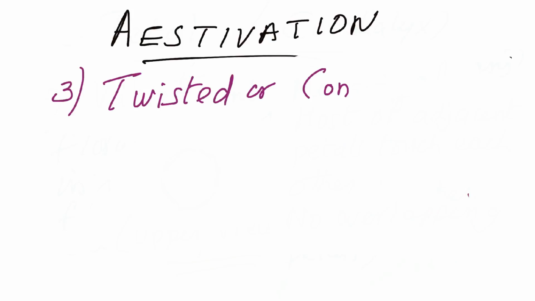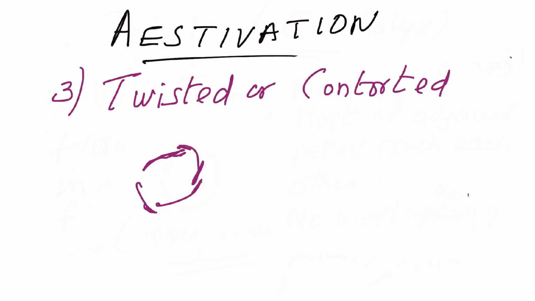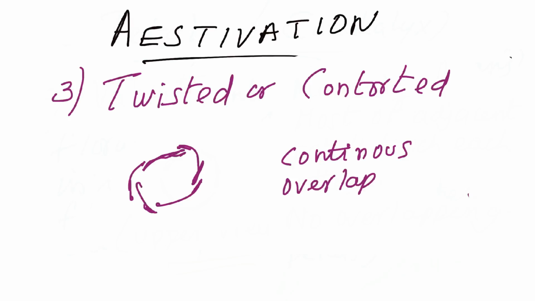Interestingly, in this third case of aestivation, we have the petals continuously overlapping. That's one petal overlaps the other. It goes on like that. All the petals are arranged in such a manner that they overlap each other. So this continuous overlapping of the petals is the most important feature as far as twisted or